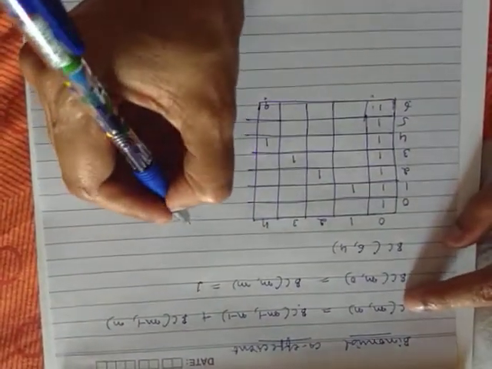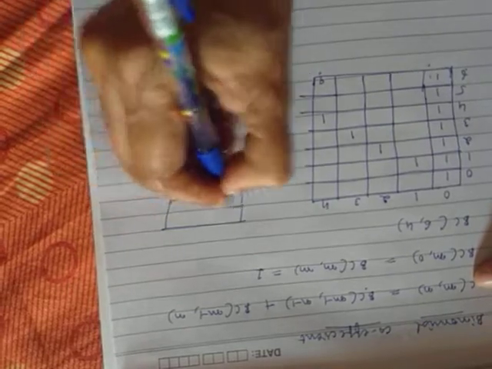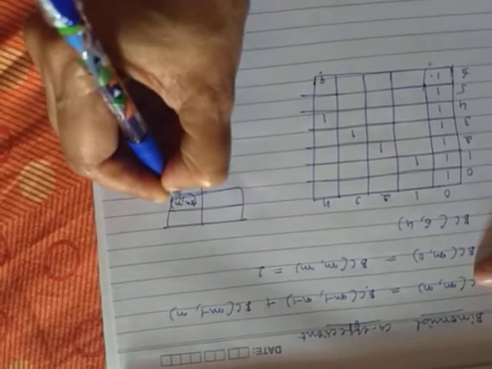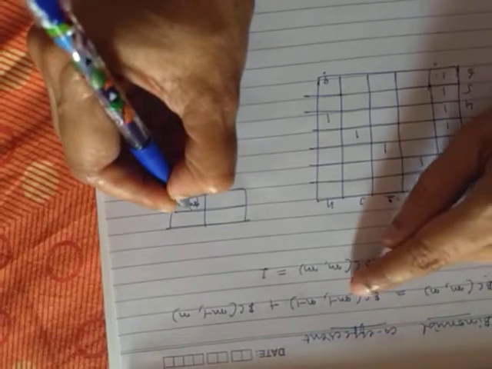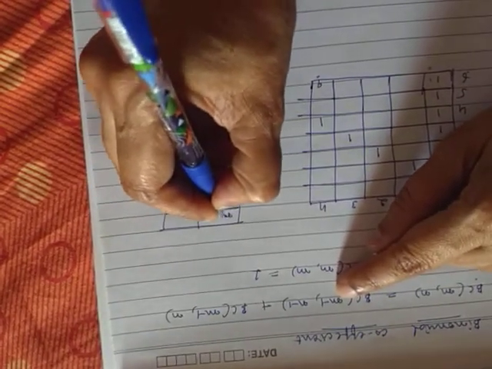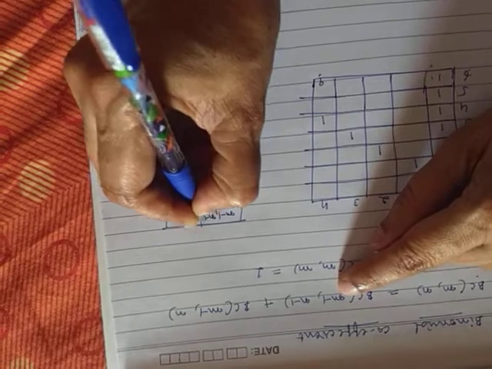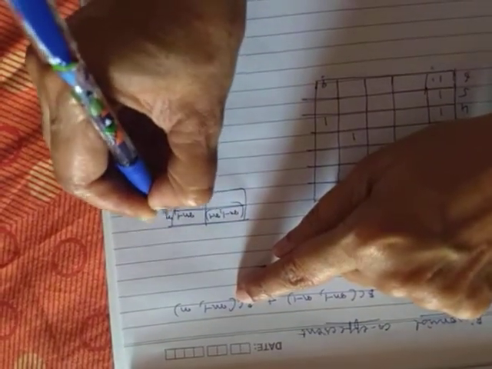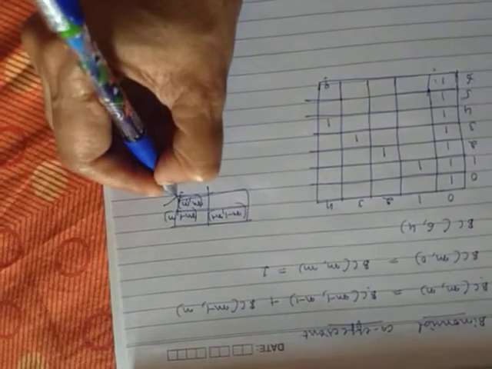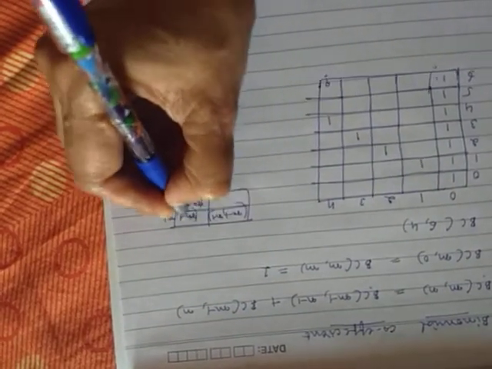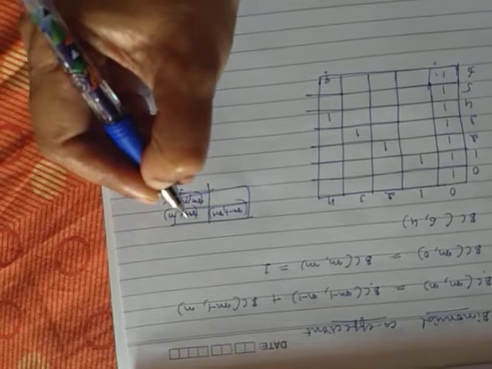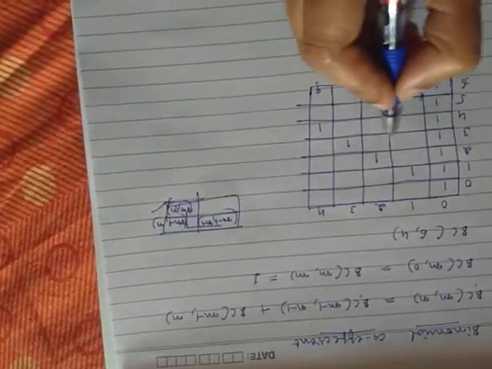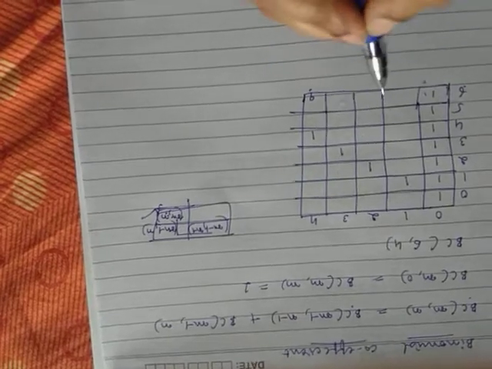The formula tells me that if this is my cell m comma n, it is equal to m minus 1, the previous row and previous column n minus 1, plus the previous row and the same column. So every value is equal to the sum of the two values just above it. You can see it in the form of an L shape. So I start computing these cells here.